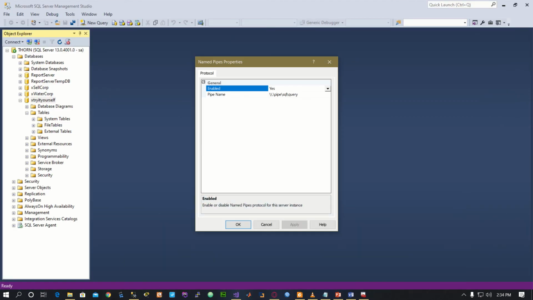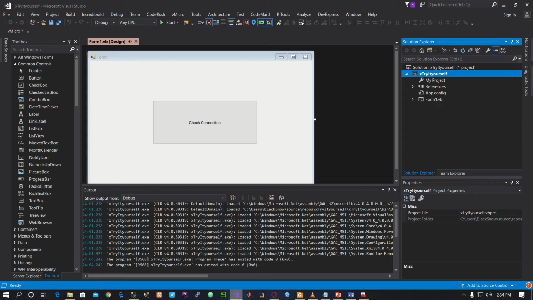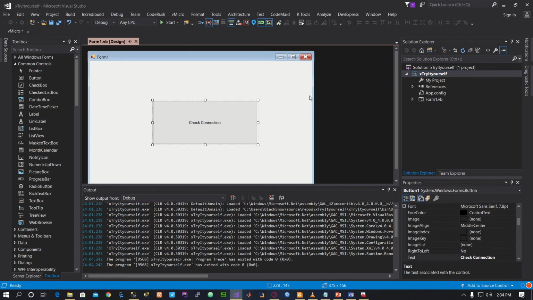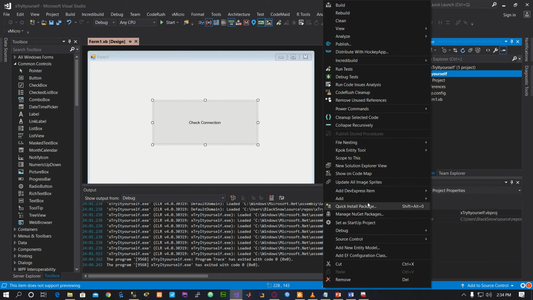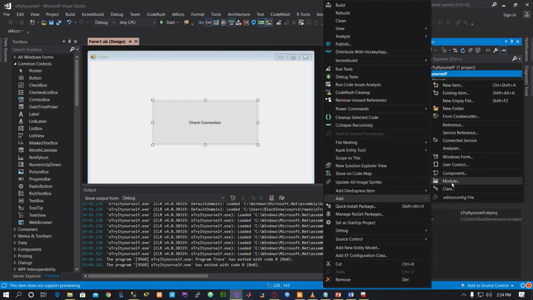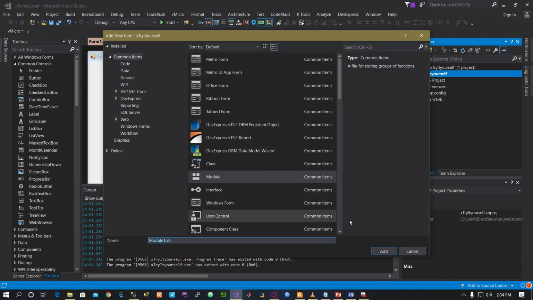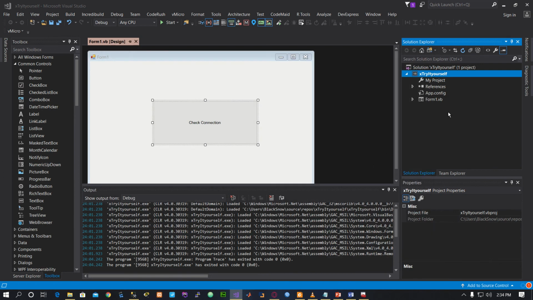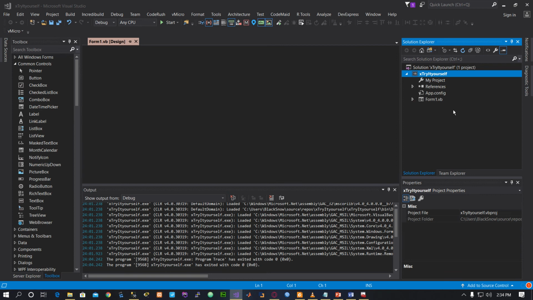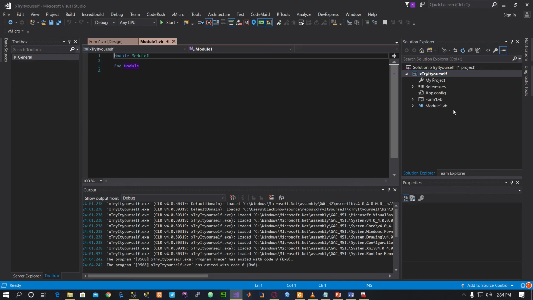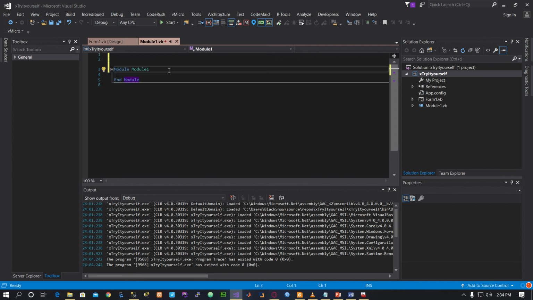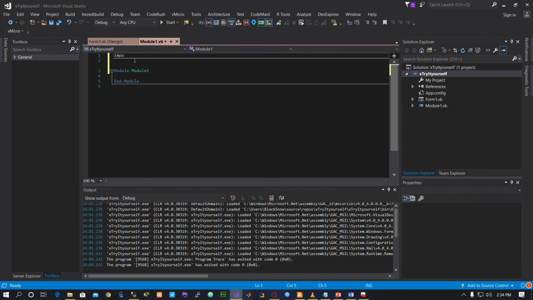I have copied it, and under Visual Studio, if I come to Visual Studio, I have just a form and a button. Now before I do that, I want to create a simple module that will hold my connection string. So I can just pick a default module there, and then I create a public variable that will hold my connection string, the path to my database. So before I do that, because I'm going to use the SQL server, I would have to import the library that supports it. So I would say imports